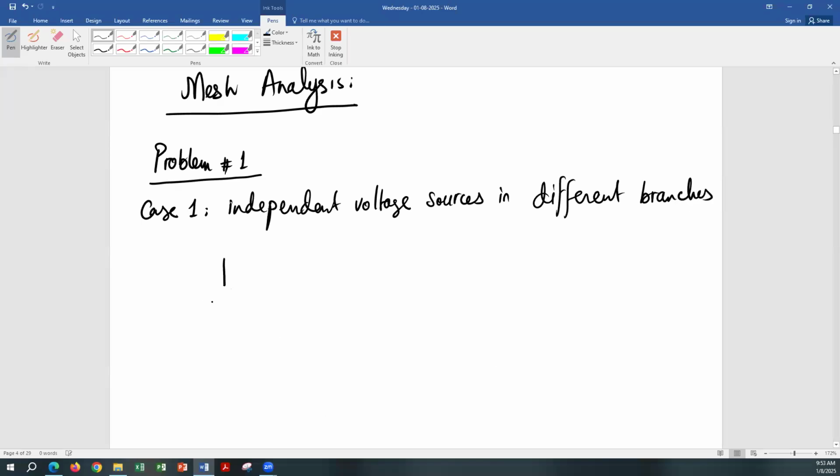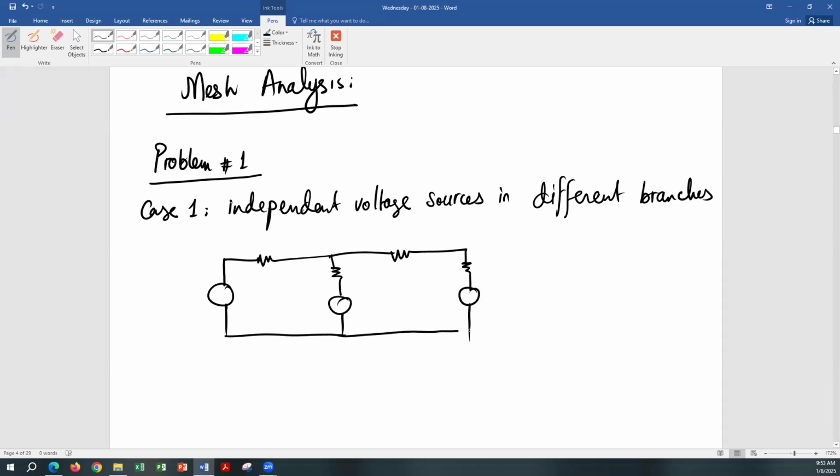So similar to the problem that we did last week. So you have independent voltage sources in different branches,